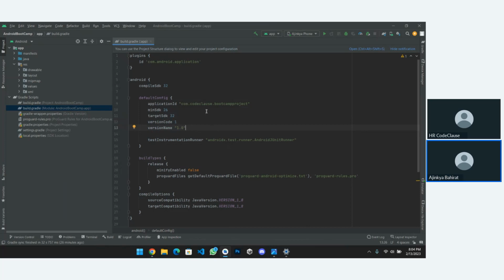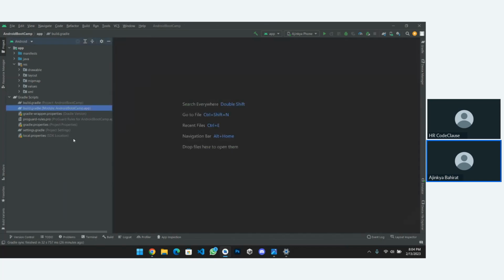We will be seeing these things later. So this is our basic plugin, com.android.application. As you can see, com.android.application will provide the basic Android application packages for the app we are creating.